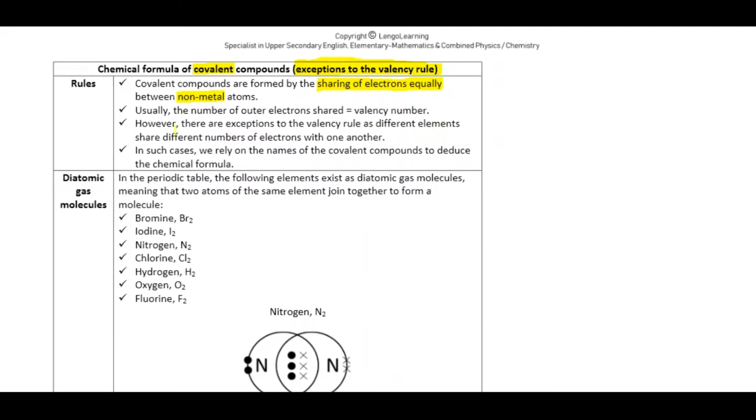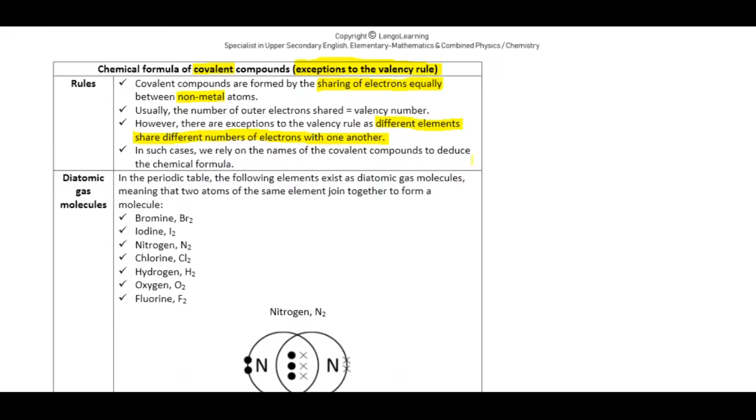So basically just have to know that different elements share different numbers of electrons with one another. So there is no general rule that you will learn at this level